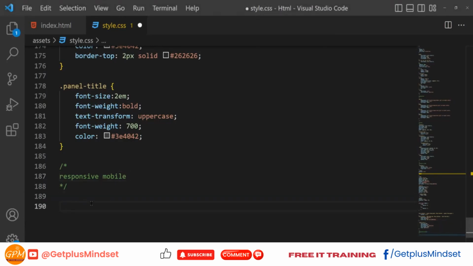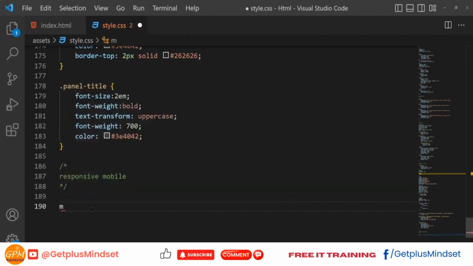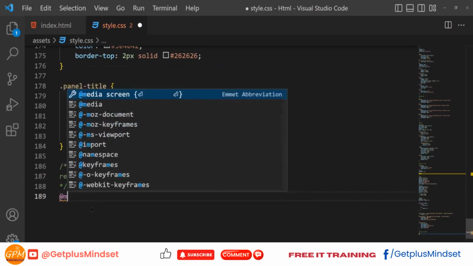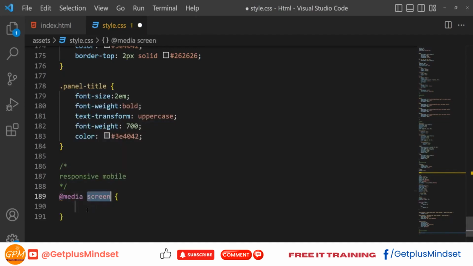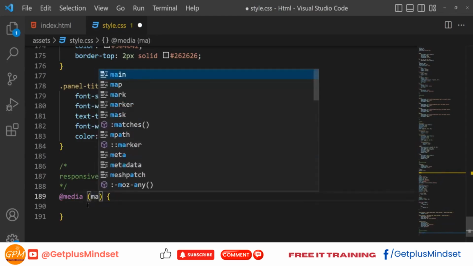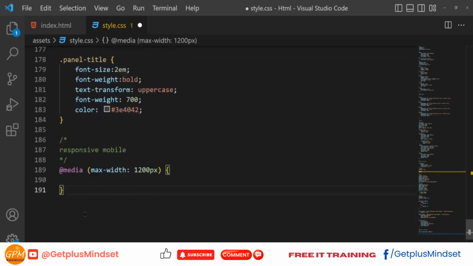So first one is for our media @media screen, and you have to give the screen width here, max width